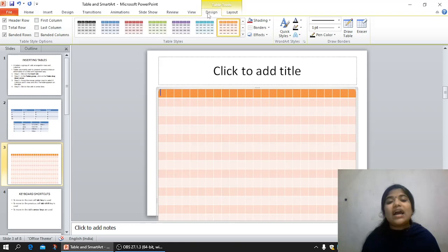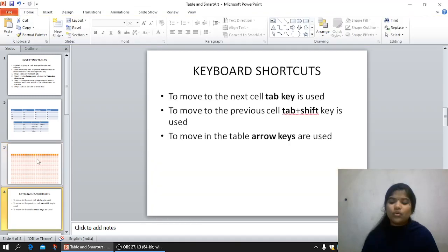Okay, then inside the table, we can have a few shortcut methods. You have to use the keyboard. No need to use any mouse, no need to use any extra keys. So we can move inside our table with the help of a few shortcut methods. The first method is to move to the next cell. To move to the next cell, you can use the Tab key.